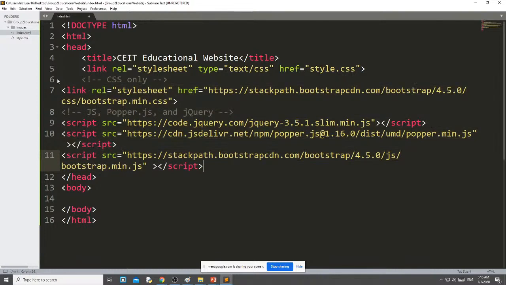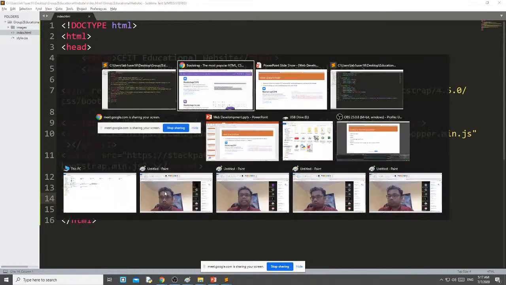Remember, you must include this to use Bootstrap. If you have not included this link in your HTML page, then you cannot use Bootstrap in your website designing. This is the very first thing, to include Bootstrap. Once you include Bootstrap, let me start from the first section.